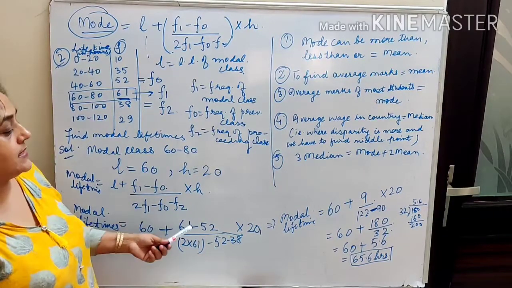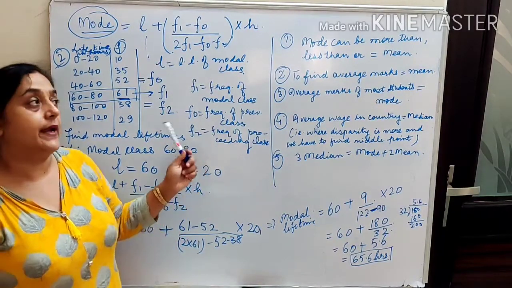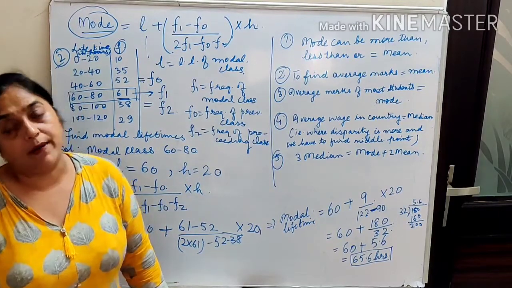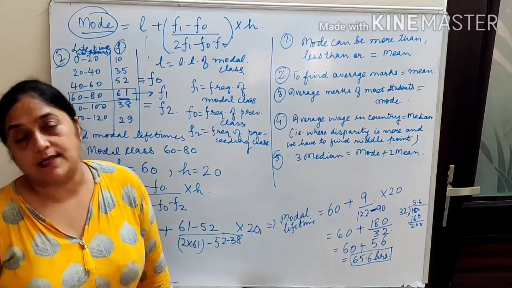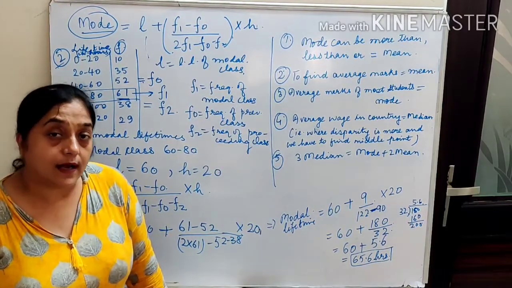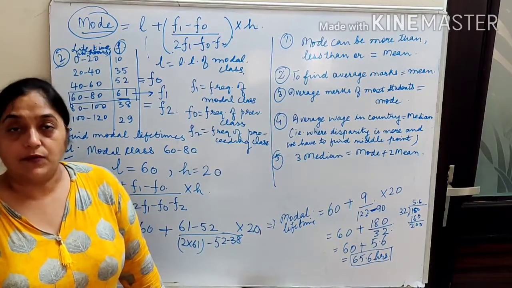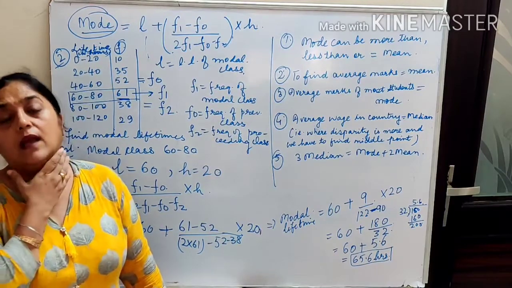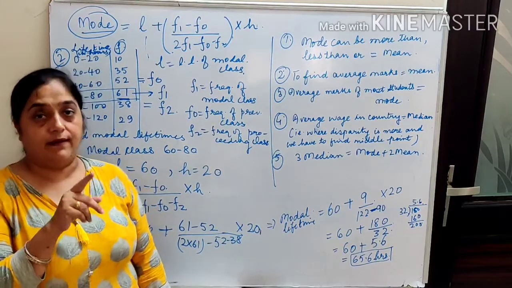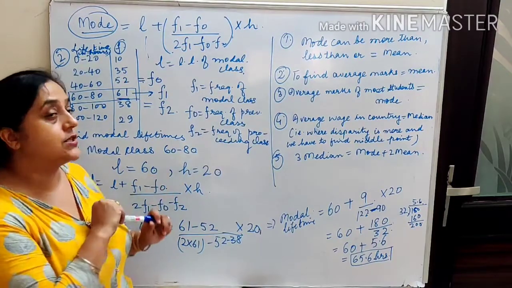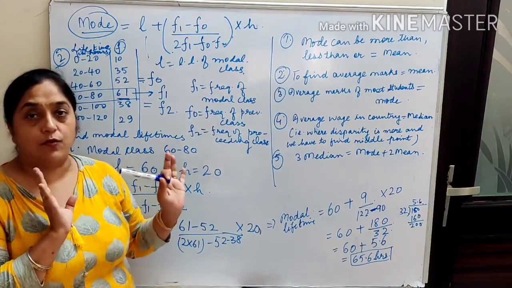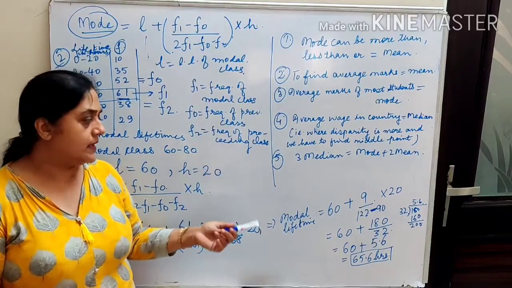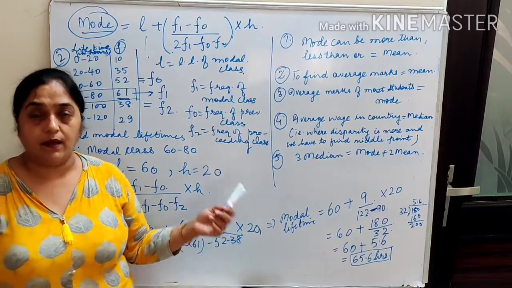I hope this is clear to you. This is about finding the mode of grouped data. For finding mode or median, you have to very clearly see what the modal class or median class is. To find the mode, you first have to find the modal class, and for the median you have to find the median class. This question comes in the board exams for 2 marks. It comes on a compulsory basis. It is very simple, you simply have to cram the formula.